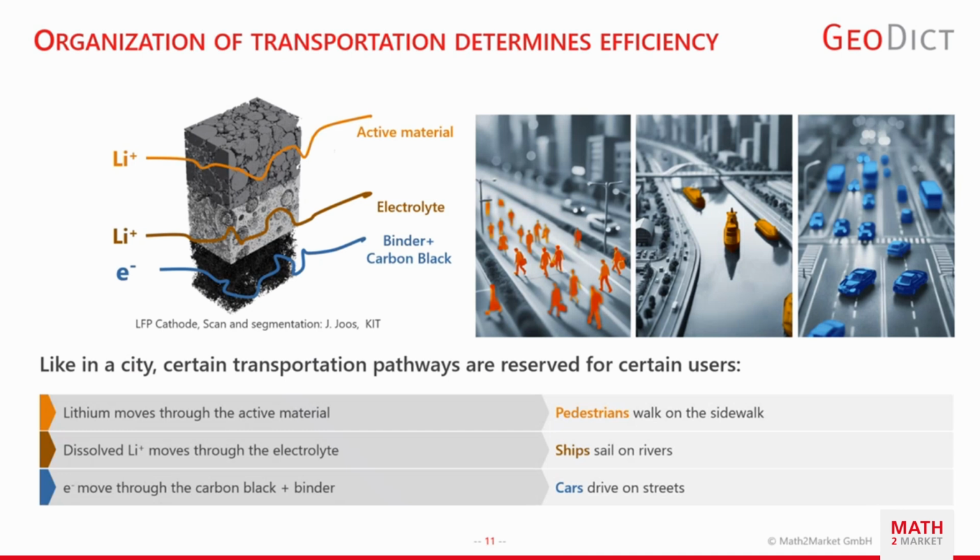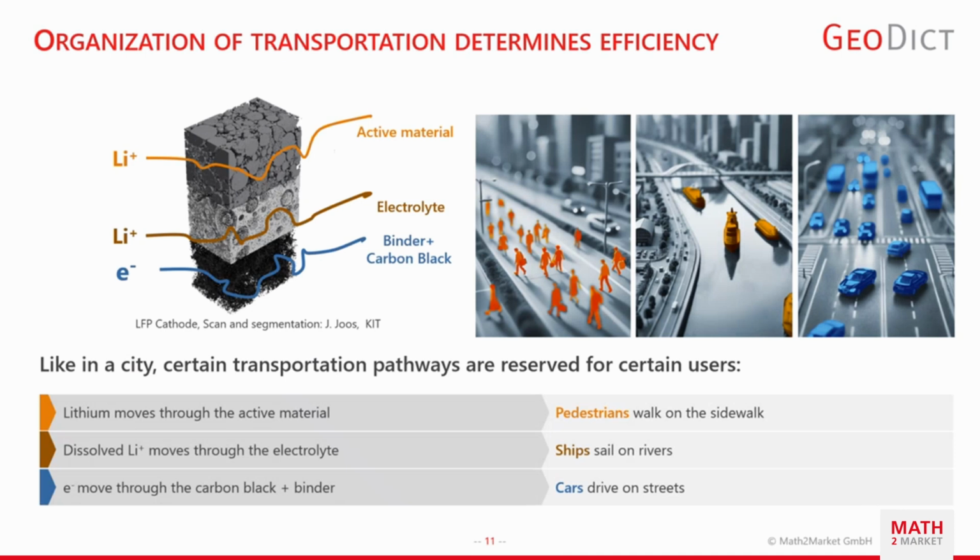It's very similar to when you imagine a city with complicated traffic. You have some spaces where pedestrians can walk. If you have a river, there are big ships on the river. They are very slow, but they can transport a lot of material. And then you have cars on the driving way. In order for the traffic to work well, all the different parts need to be adjusted. So there must be enough space for all of the different components. And very similar it is